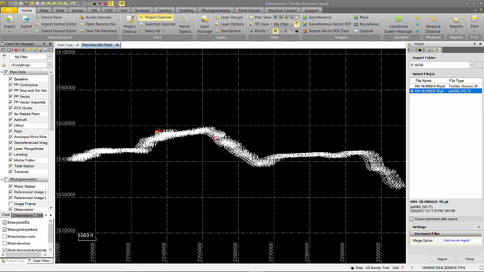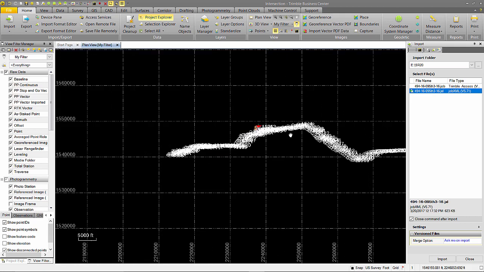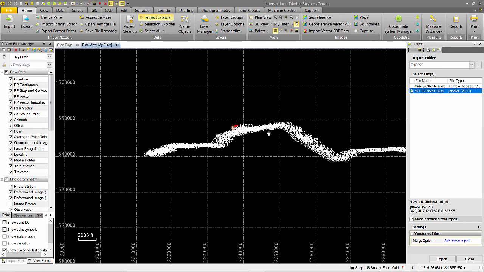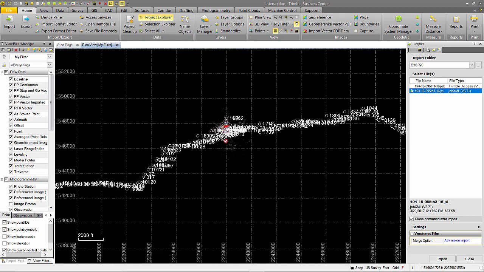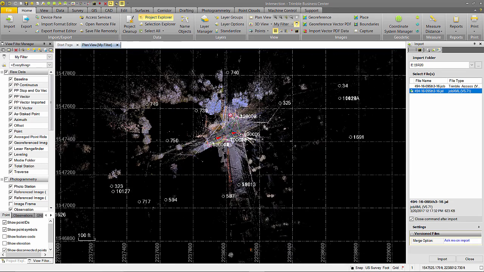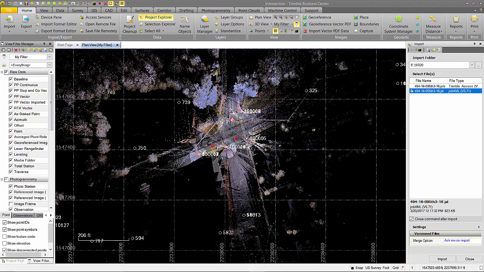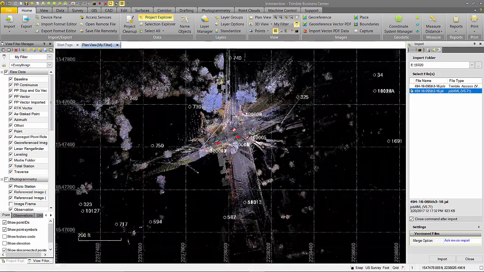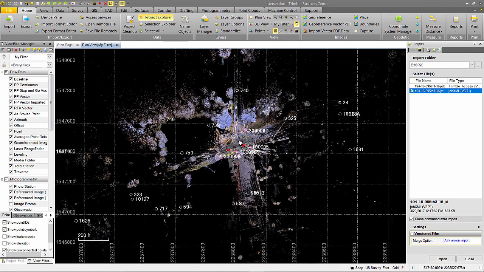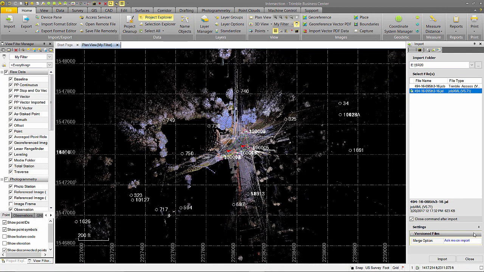Now this job's a long highway job, and they had a lot of control points in the file, so I'm going to use my mouse. Holding down the center scroll button, I can pan. I can also use that center scroll button to zoom in, and wherever my cursor is placed, that's where it'll actually center the zooming. So I'll go ahead and zoom into our area of interest, and then I'll close my